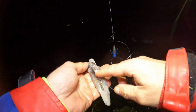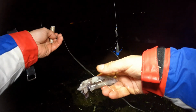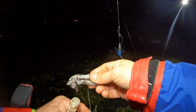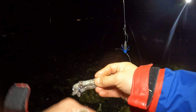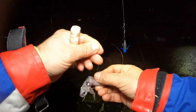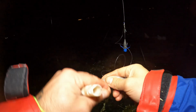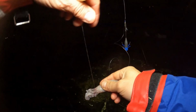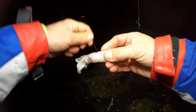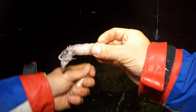I'll put the hook through the body and out through the head, and then once I bait elastic that on, it holds that head with the body. If you only do the body and not the head, the head will just come off. If you only do the head and don't really link it to the body, it will pull apart in the water. So try and capture both the head and the body with a big hook, and then just work up the bait, keep it nice and straight,